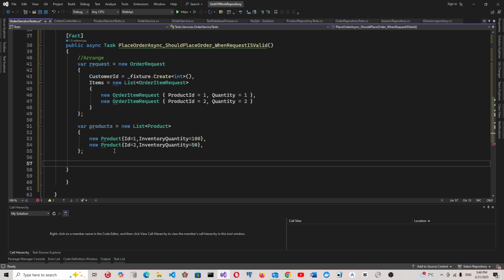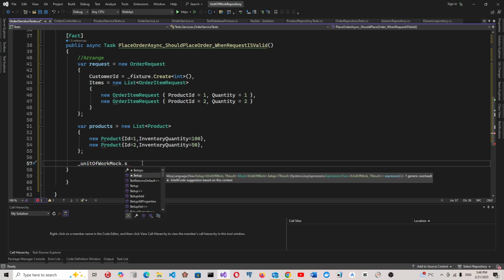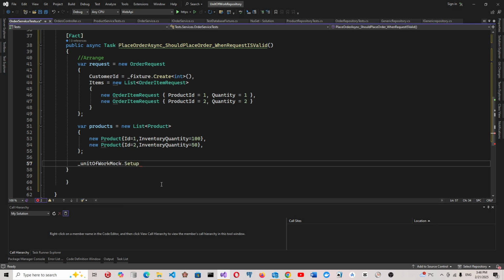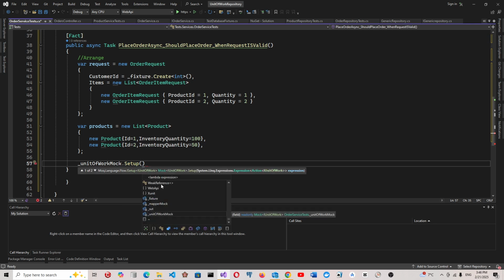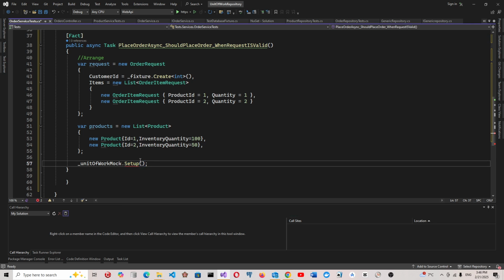We say unit of work dot setup, unit of work goes to unit of work dot products. We mark the products repository dot guide. What do we use? Get products by ID async, and